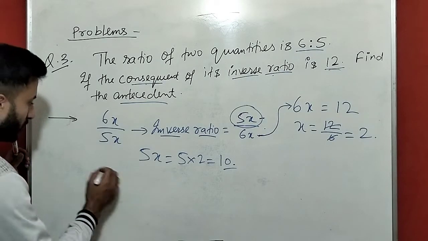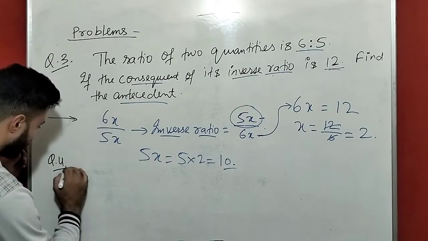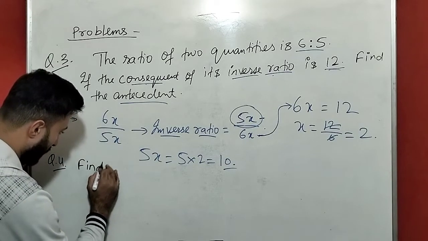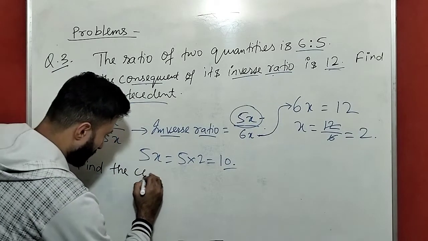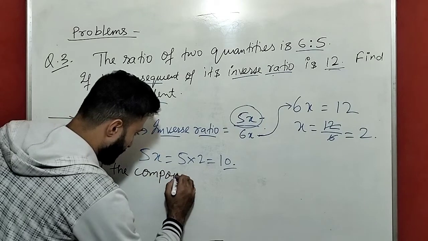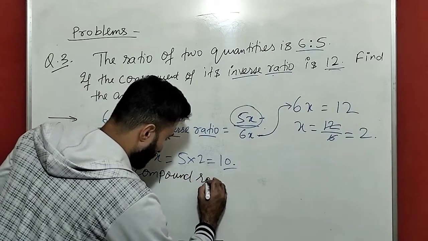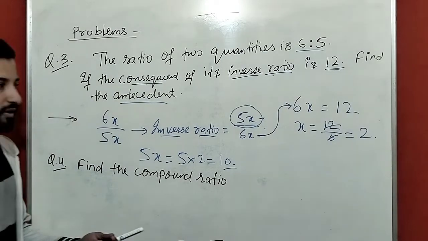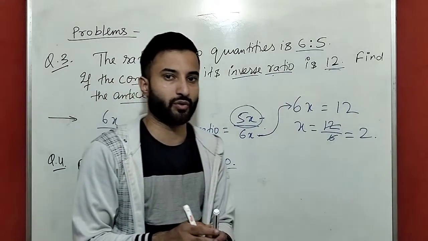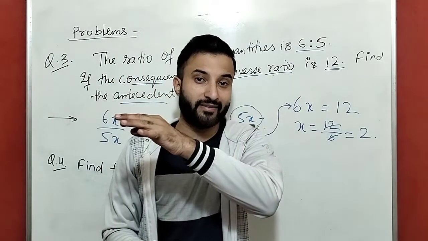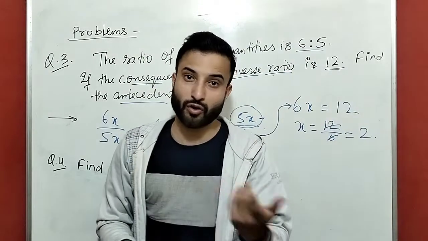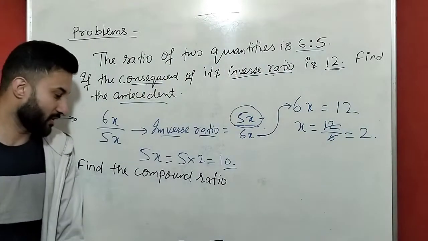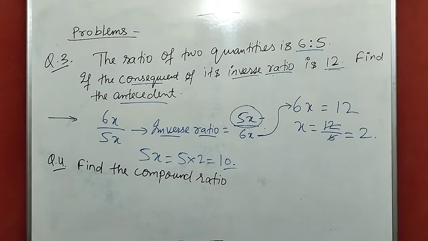Okay, now question number 4. Find the compound ratio. Find the compound ratio means what you have to find? You have to find the compound ratio. So what is the formula for compound ratio? Product of antecedent divided by product of consequent. Okay, so find the compound ratio